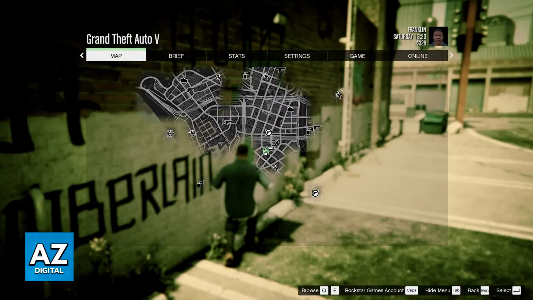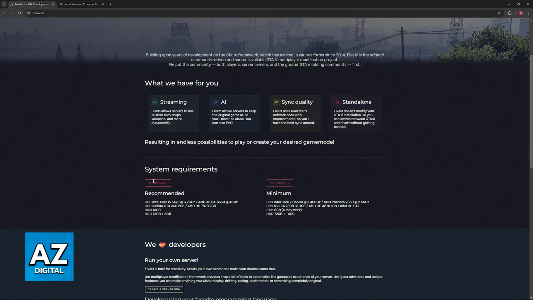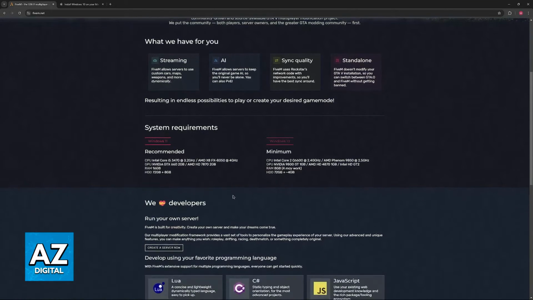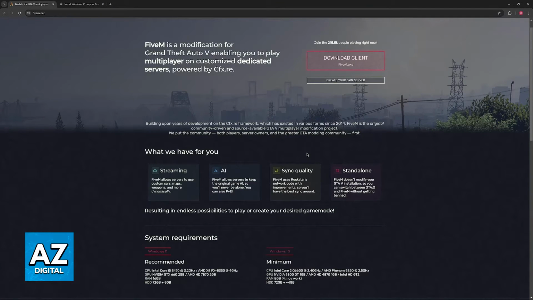If we go over to the FiveM website, you will notice that under the system requirements, they only list Windows, either Windows 11 or Windows 10. This is because, as of today, FiveM is not natively supported on a Mac. So if you have an Apple computer, you will have to take additional steps. It is still possible for you to download GTA and access FiveM and Roleplay, but this is going to be a lot of steps that you have to go over.